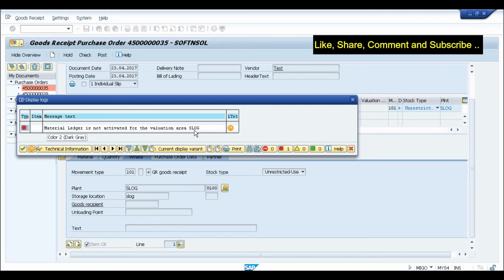Now SAP has made material ledger mandatory, which means now the old valuation tables will not be available anymore. They will not be updated anymore. But the problem is, if I don't want to use the functionality of parallel currency, if I don't want to use actual costing, then why should I activate that functionality? The answer from SAP is, we are only telling you to activate material ledger technically. We are not asking you to activate actual costing or parallel currencies. They are still optional. If you activate those functionalities, you will get those reports.